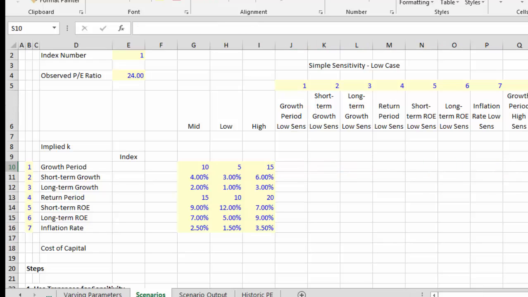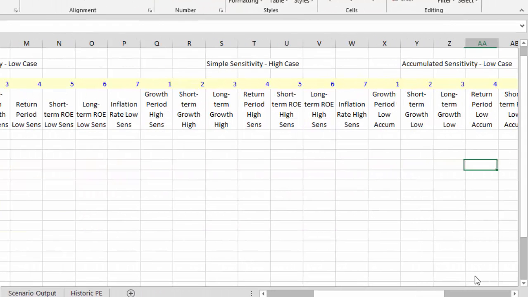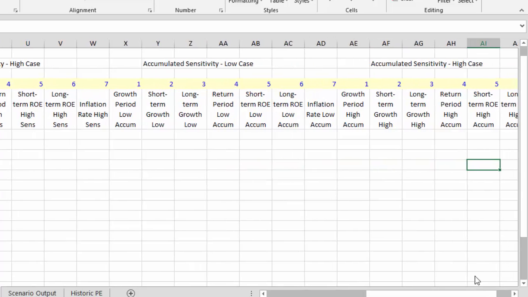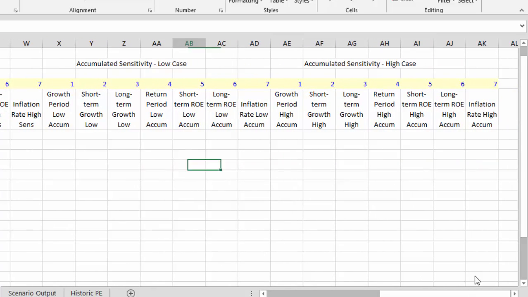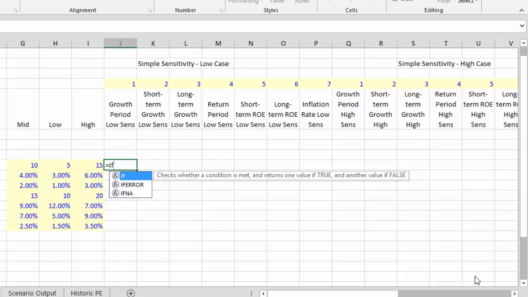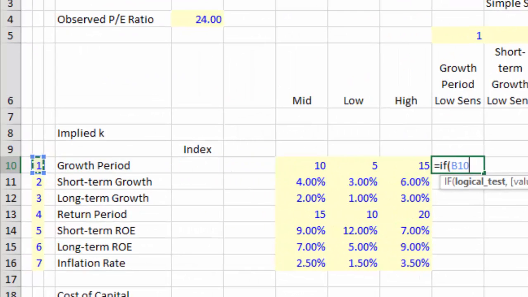Okay, so we've got the titles for the simple sensitivity case, the low case where we accumulate the variables, and the high case where we accumulate the variables. Now what we essentially have to do, we're going to have so many cases, we just have to summarize this nicely. Okay, now to put the variables in, we'll just use the F4. So press the F4 here, and